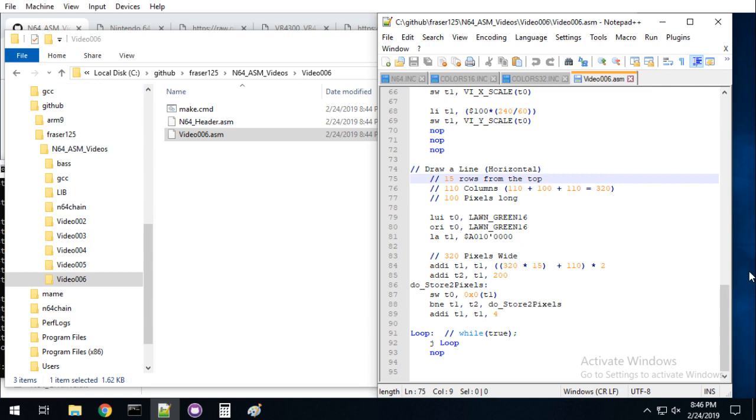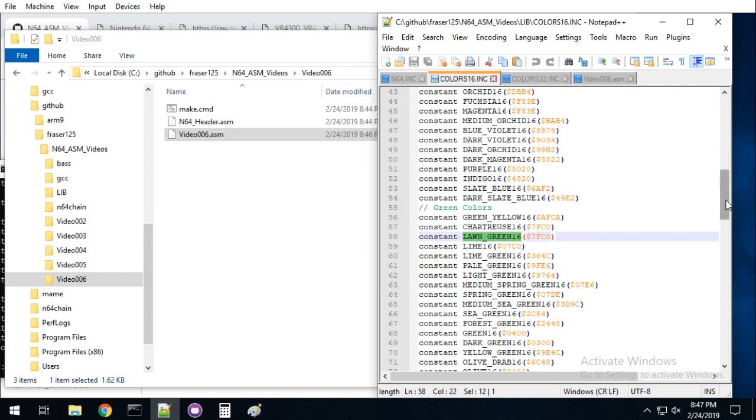Let's change things just for the sake of change. We're going to move it to 20 rows from the top, and this time just 100 columns in from the left side, and we'll do 200 pixels, and this time we're going to call it tall because it is a vertical line. And because we need something a little bit more interesting,